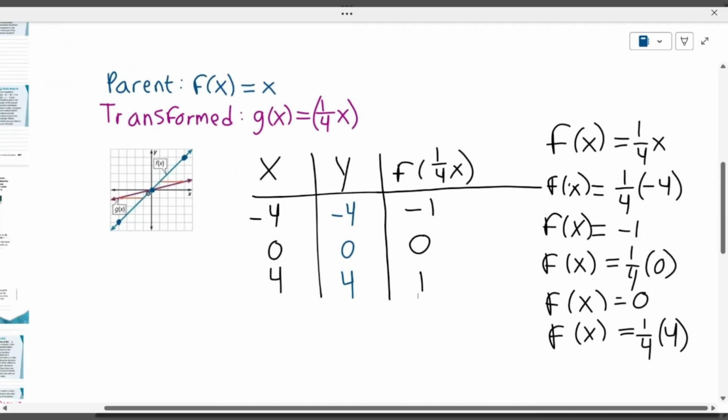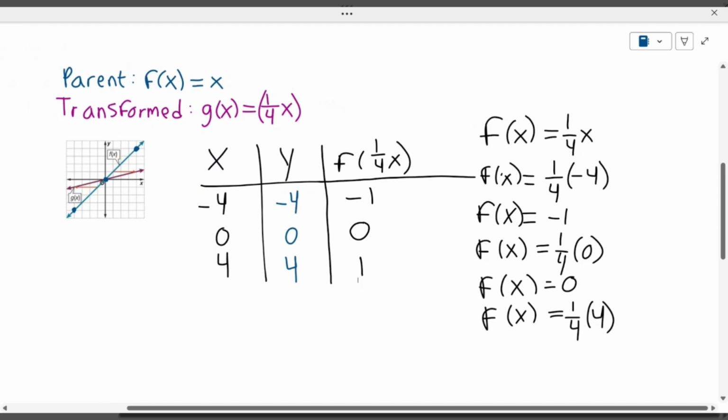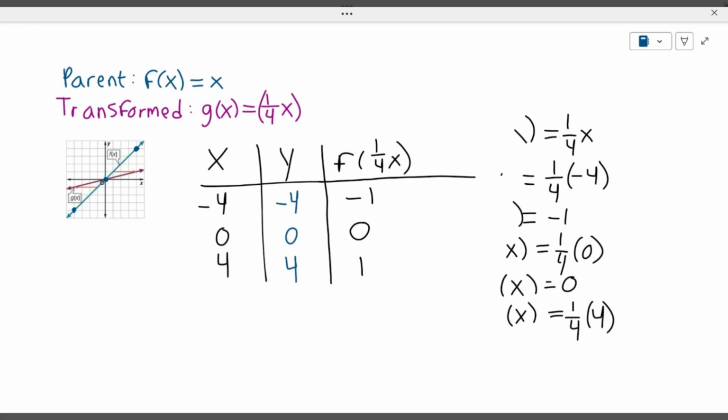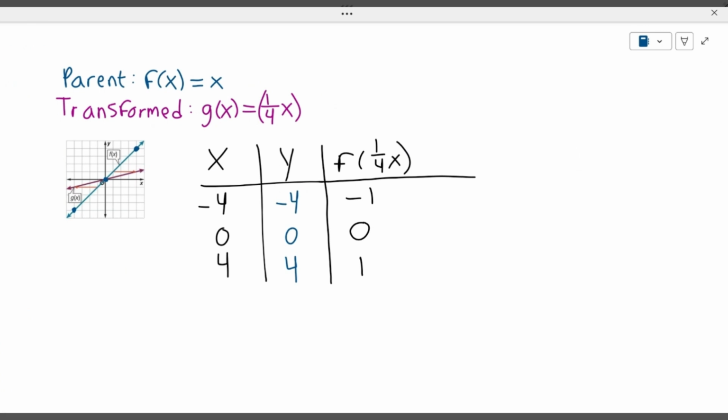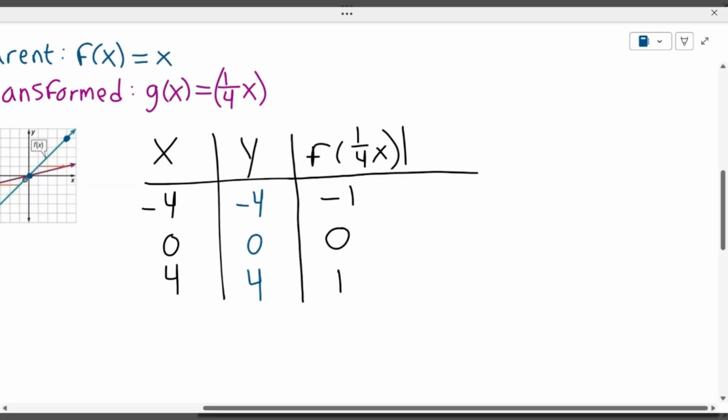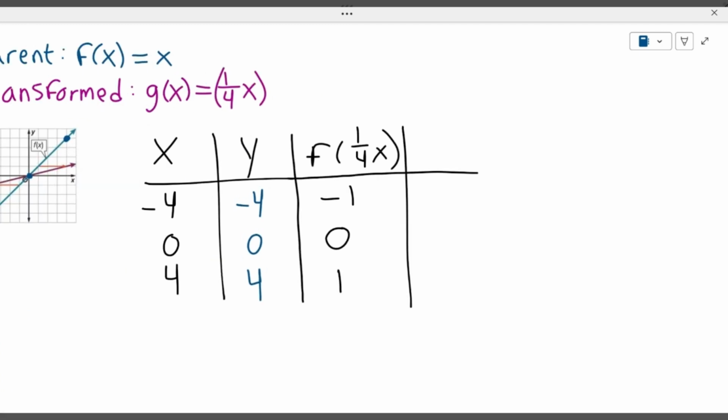All right, now we're going to piece it all together to get our new coordinate points for the transformed function and plot those on the graph to see the transformation that occurred. So our new coordinate points are going to start with the same x values. So -4 and then we'll move to -1. So this will be our x and our g of x